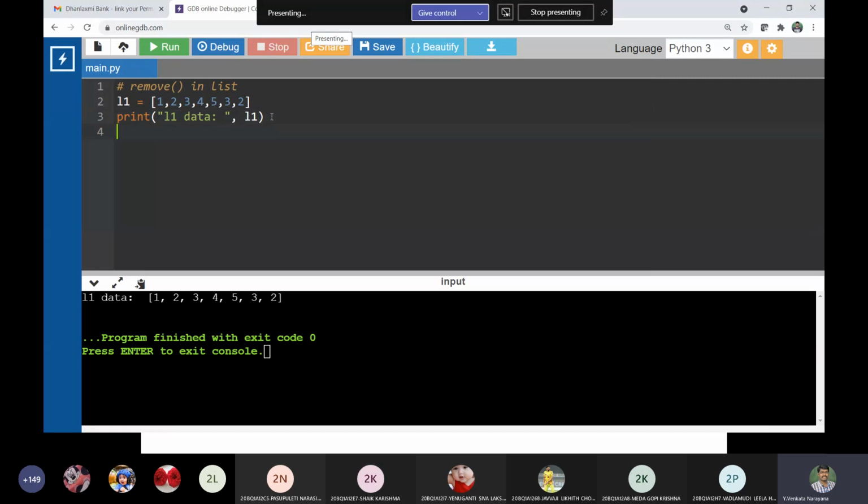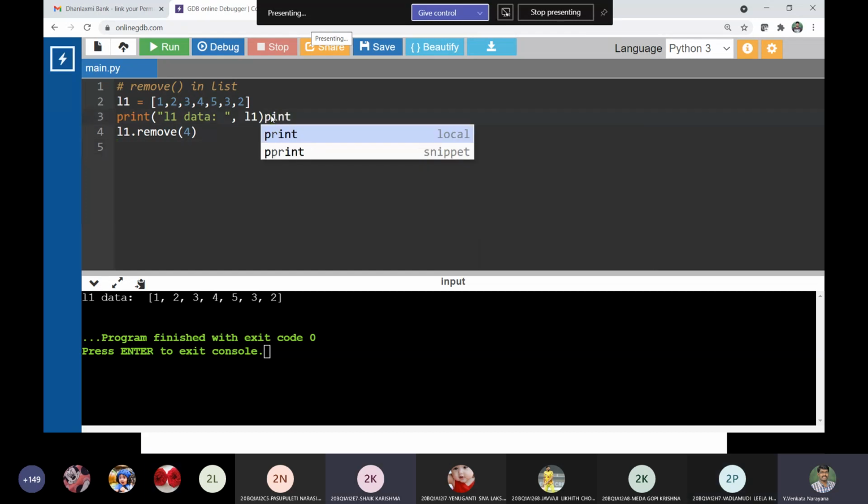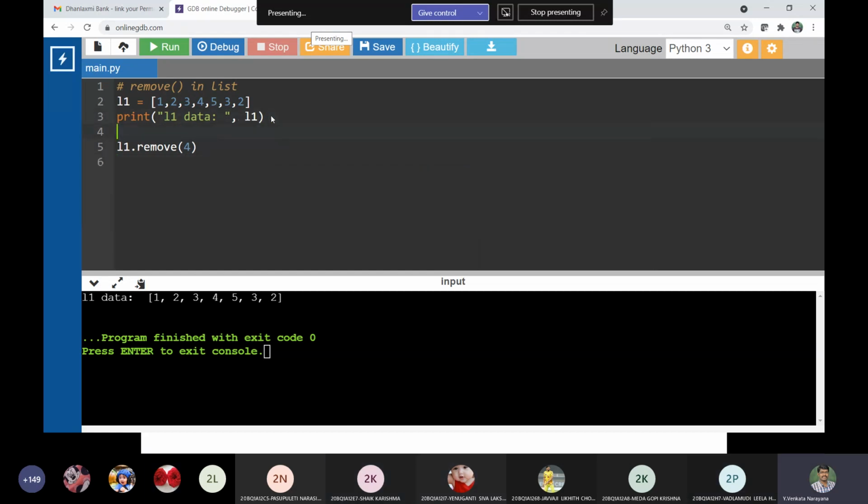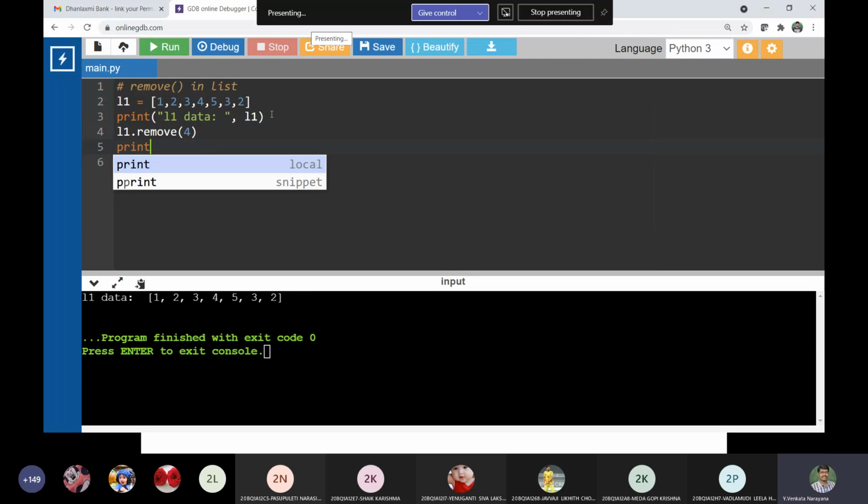Now I would like to remove. The list name is L1 dot remove. Let us suppose I would like to remove 4. Is this possible? Yes, sir. Now I am printing, just for our sake, to check whether it has been removed or not.